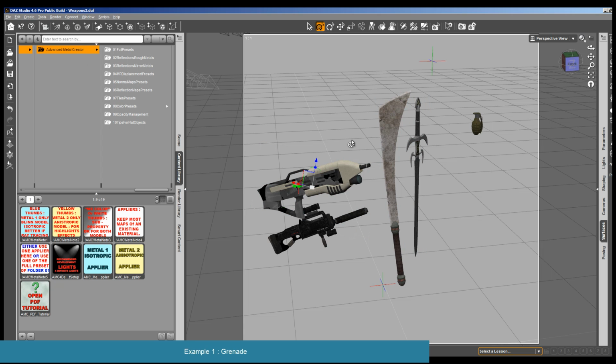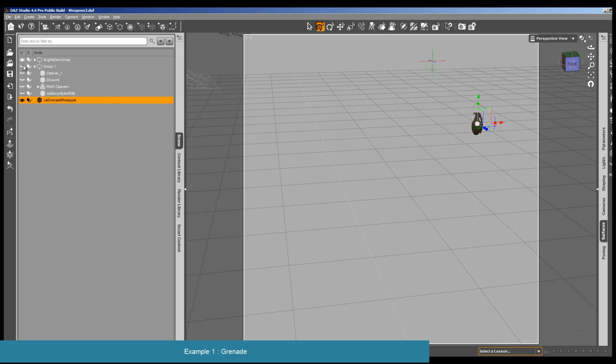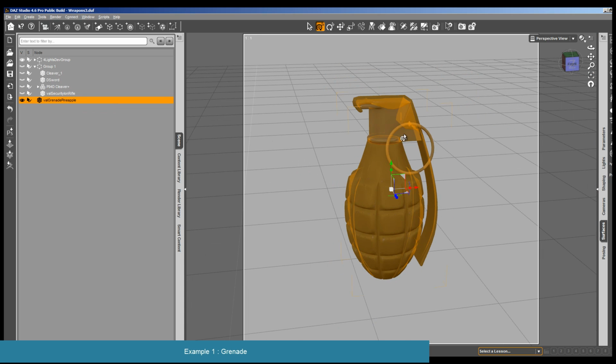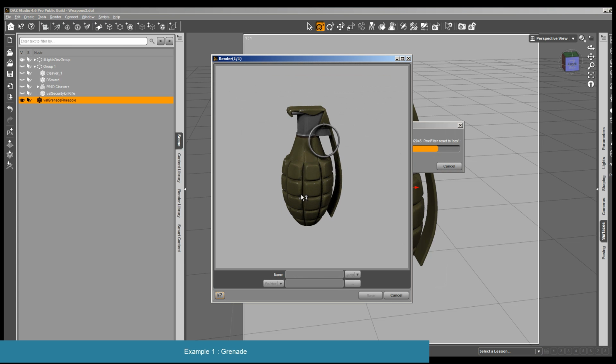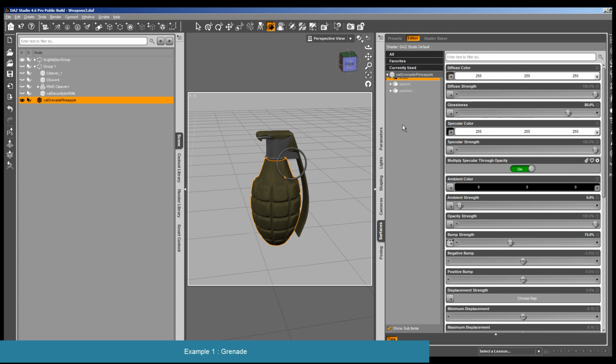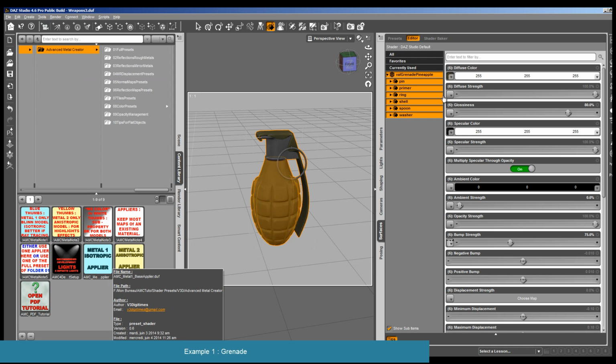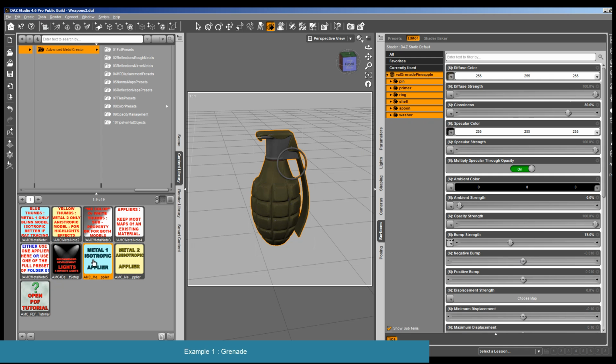So first I'm going to begin with this prop, a grenade, okay, it's the English name. So I unparent it and hide the rest of the group in order to work just on that. I make a first render. So this is a grenade, and there are small detailed textures that I want to keep. So since I want to keep the details of the texture, I'm going to use the appliers first and not the full presets. I'm going in the content library and I select all the surfaces and apply the metal one,